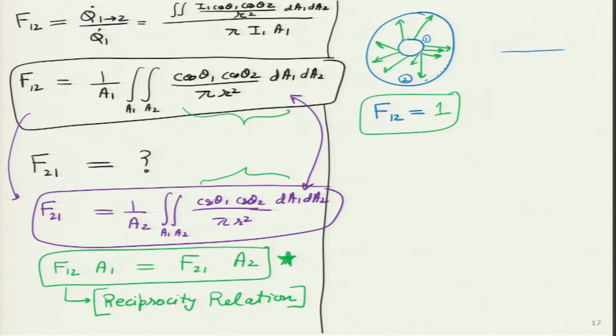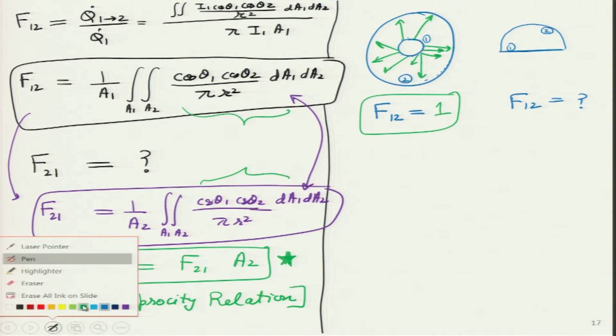In this example, there is some sort of a flat disc which is enclosed by this semicircle over here. So, the flat disc inner surface is surface 1 and the inner surface of this semicircle is surface 2. Now, here again same question, what is the value of F12? So, here again we have to use our understanding and try and draw some arrows.